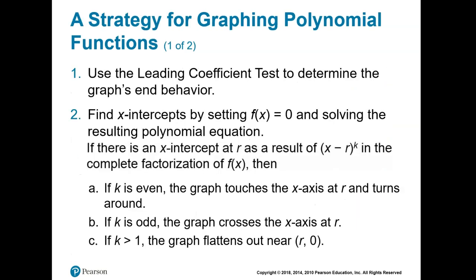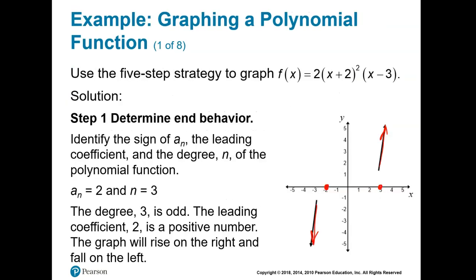Then use the multiplicities. It talks about using the multiplicities to get the behavior at the zeros right. So it's going to turn and touch at negative 2. So it's going to do something like that. It's going to cross at 3. So it's going to do something like that. And then the